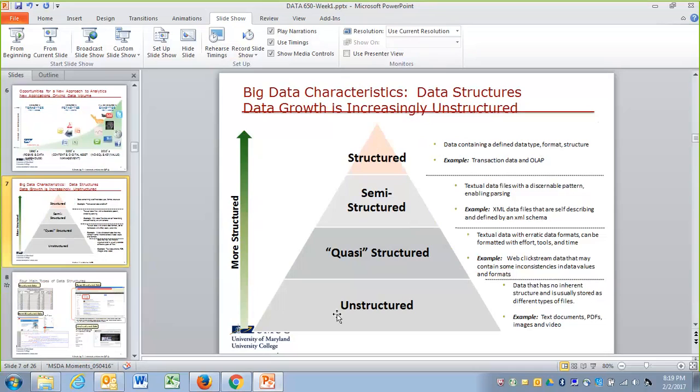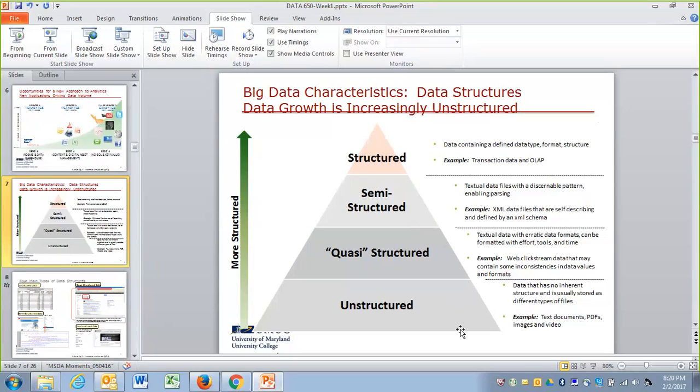The point is at the bottom of this pyramid, where we talk about totally unstructured text data, like health patient records, insurance claims, and email. This is the wealth of information companies are finding today, and right now it is the hot topic in big data: how to deal with it and extract value from it.